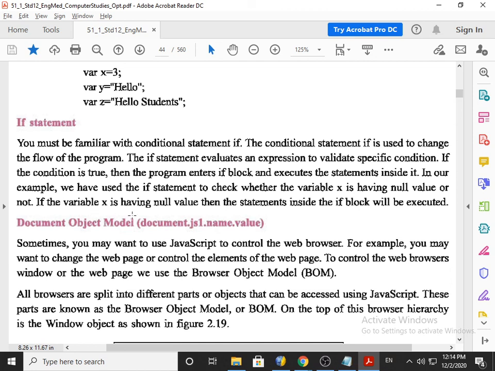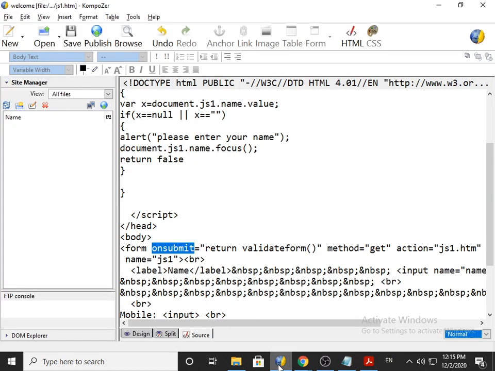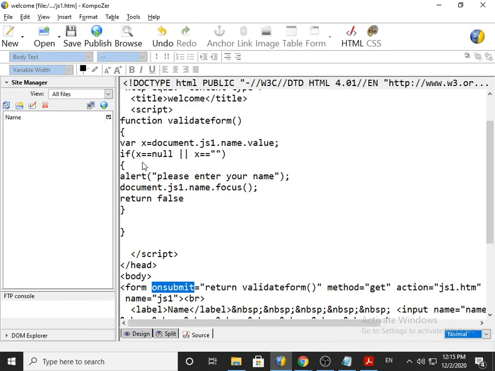If the variable x has a null value, then the statement inside the block will be executed. You can check that if the value of x is null, then null equals null, so it becomes true, so it enters inside the block. Block means curly bracket.